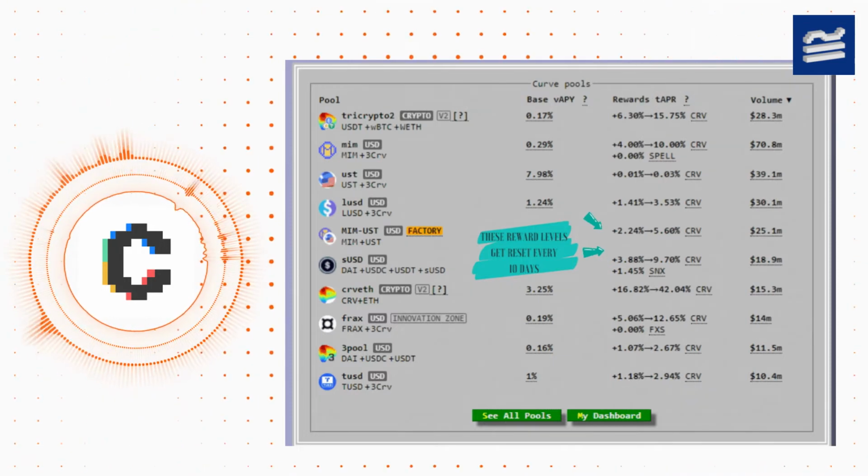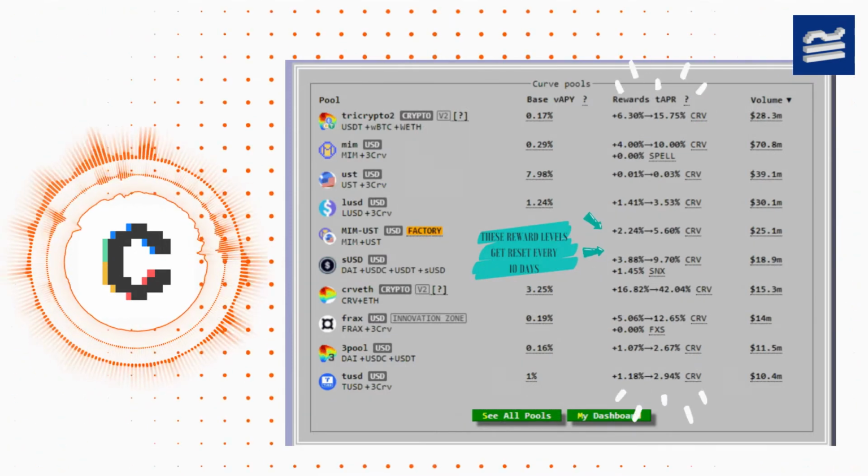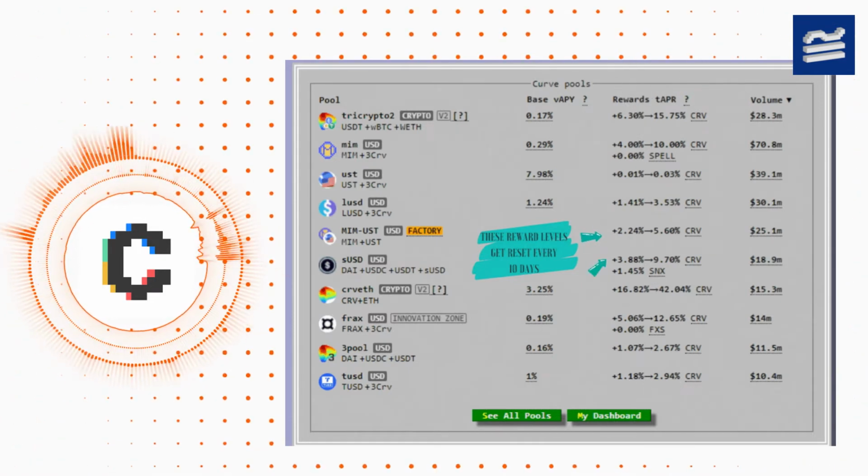Convex now owns over 50% of the Curve governance. However, they have their own voting system through which the Curve proposals get passed. If you hold the CVX token, your voting power in Curve grows, but if you use CRV directly, by locking as veCRV, its power decays over time. Why? CVX grows in power the more CRV that gets locked up in its smart contracts, whereas veCRV decreases in power through dilution.